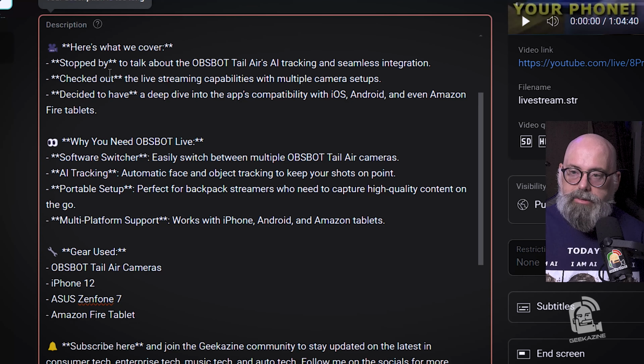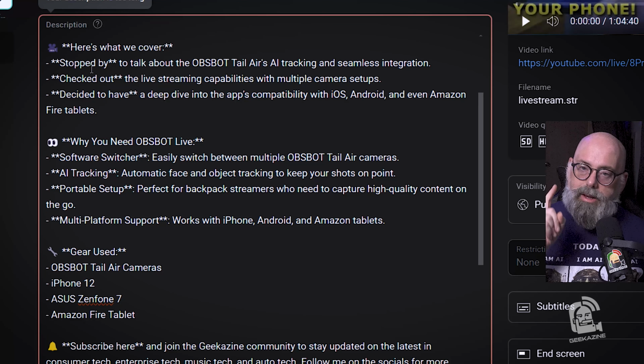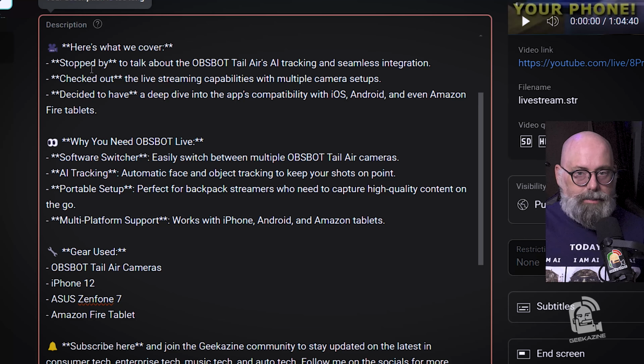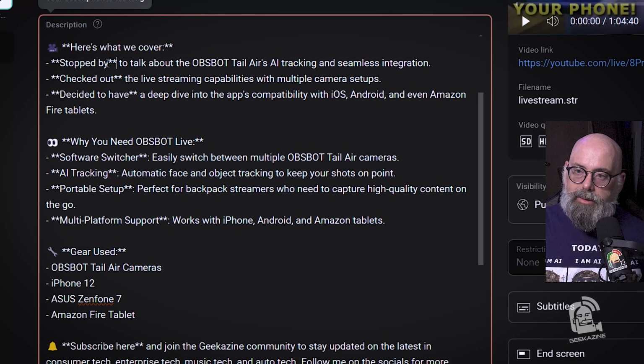What we cover: stopped by. Now, this is one of the first little quirks that I've found off of this. The word stopped by, it's a nice word, but I didn't stop by anything. So I'm not exactly sure why that's in there. Now, one thing that I have found out is that it will take information not only from the video, but also from the channel and other videos. Now, this is one of the reasons why I don't want to straight up copy and paste it all in and update it from there, because you really do need to check this out. So I would probably take this out and